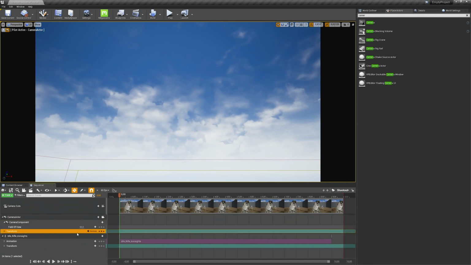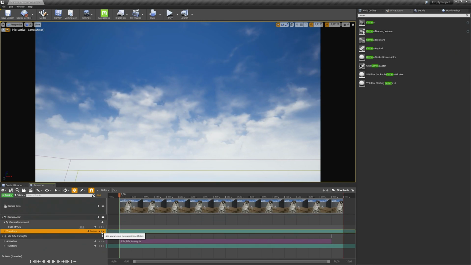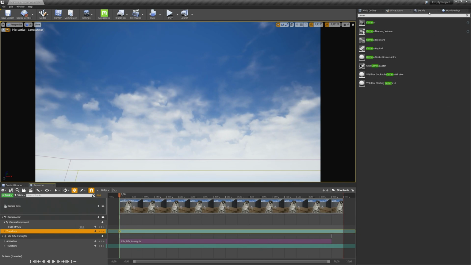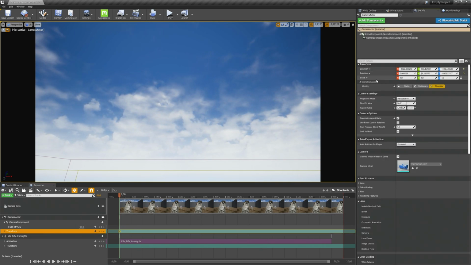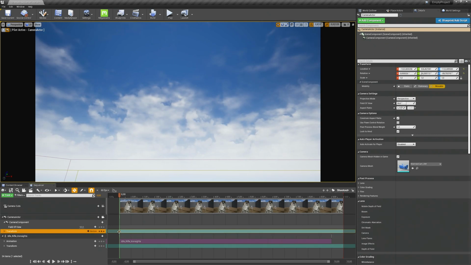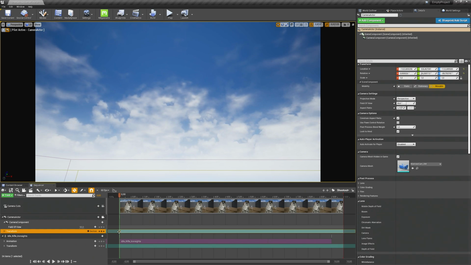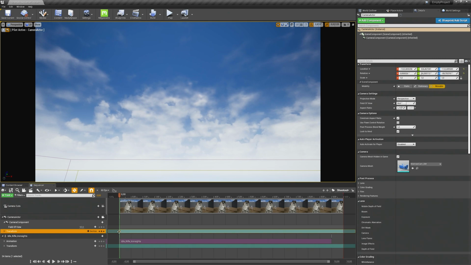For the transform layer, just click on this small dot and it already says add a new keyframe at the current time. When you click it, an icon will appear here, which means that the location, rotation and scale data is saved in this keyframe. And this is how you animate the whole sequence. You basically set keyframes at specific points on your timeline, and then you define the transform of an actor or any other parameter you want, like the field of view of a camera, for example.